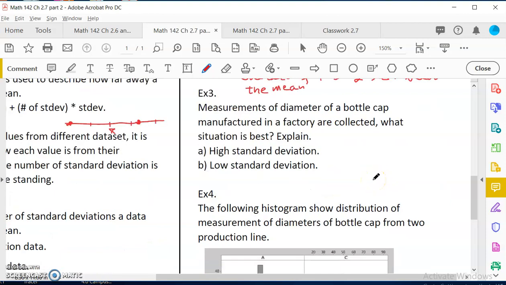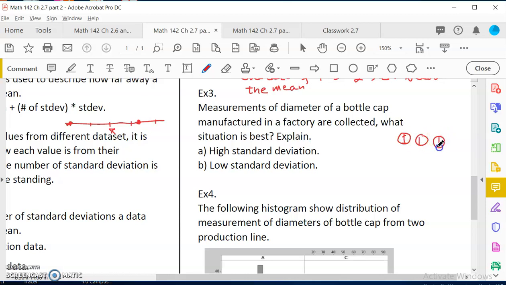Another example. We have measurements of diameters of bottle caps. Some factory manufactures bottle caps for water or soda, right? So they measure the diameter. What situation is best? Do you want the bottle cap diameter, since they manufacture a lot of them, what size is a bottle cap? 1 cm, 2 cm? No, 1 cm is too small. 2 to 3 cm, right? So this is a diameter,